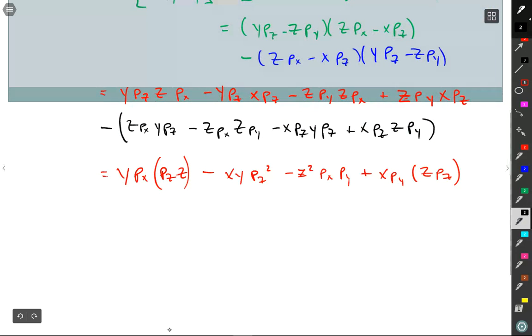And then going to the black, now I'm going to bring the minus sign in as I'm doing each individual one. So I have z px y pz. The z and pz can't move across each other, so I'm going to have minus y px z pz. The next one, z px z py, all of those can move. The next one, x pz y pz, again they can all move. And the last one,